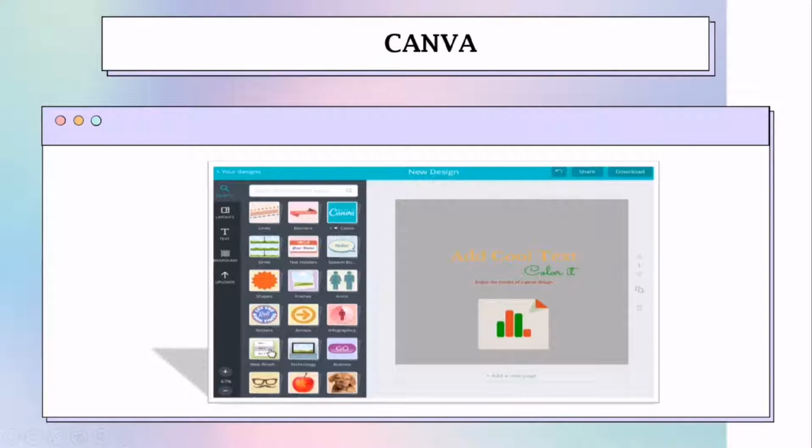So, etong Canva na to, pwede natin siyang gamitin sa presentation natin yung mga design nila. So, pwede natin i-attach dun sa presentation natin para mas maganda yung presentation natin. So, yung sa software presentation, the slide presentation software, yung mga nasabi ko na under sa kanya is